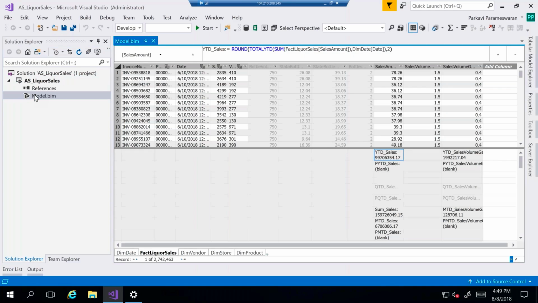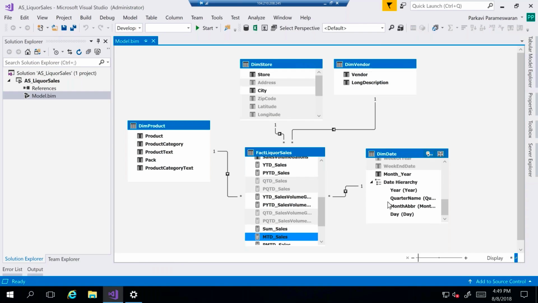I have created an Analysis Services tabular model project here. And this is a great way to view it. This is the modeling view. It looks similar to what I showed you in the Word document earlier about what we designed, but the distinction here is that this is built into the tool. So these relationships you're seeing here are enforced inside of this tool. I've got my fact table surrounded by dimensions.